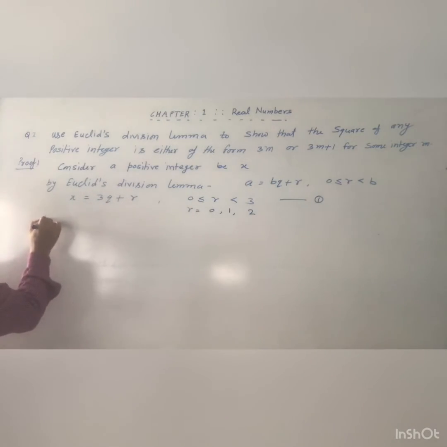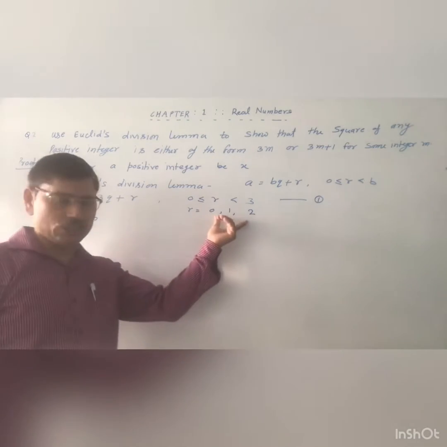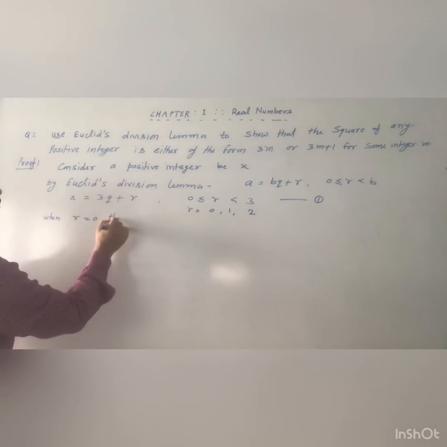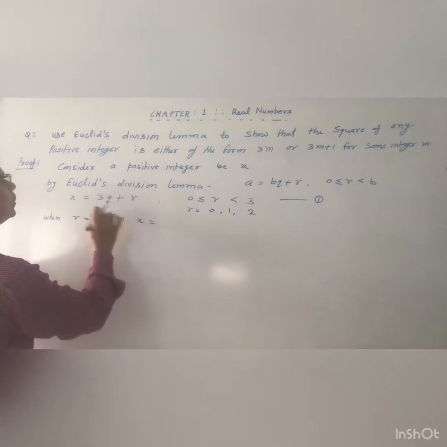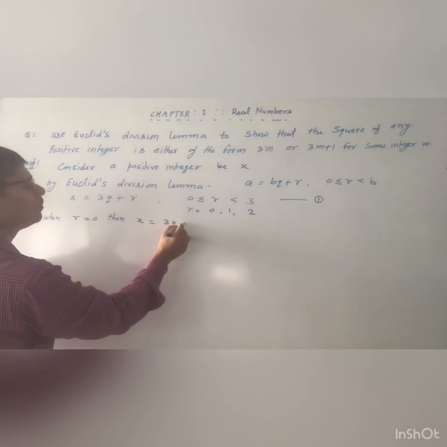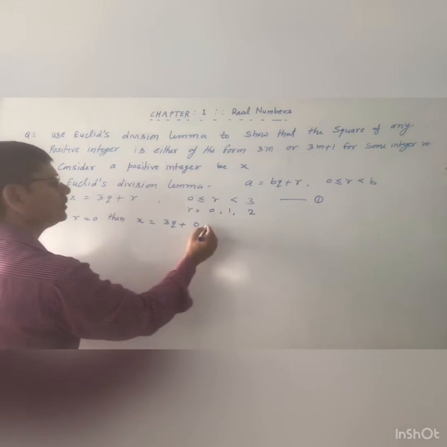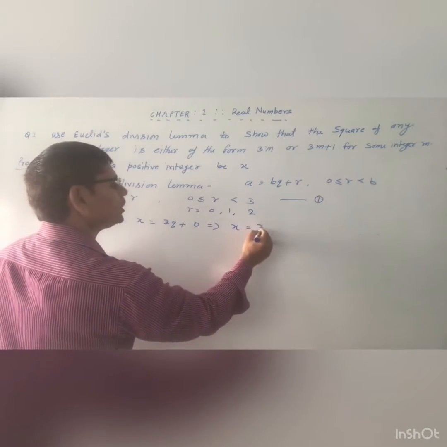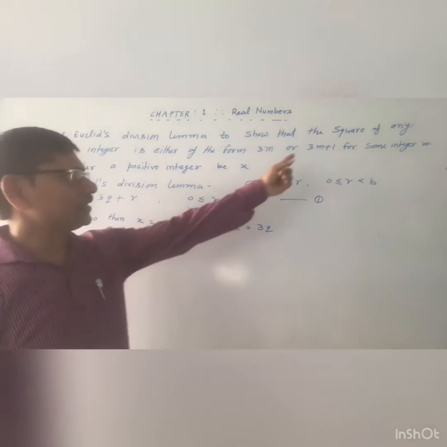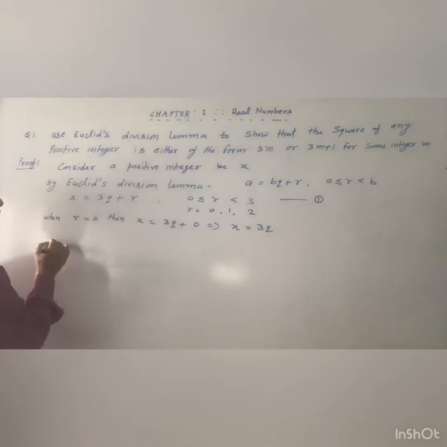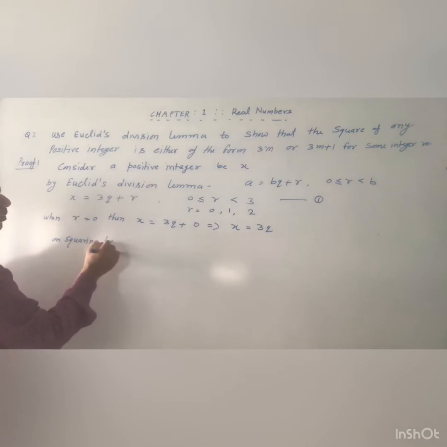Therefore you take these values of r one by one. When r equal to 0, then you will get x equal to 3q plus 0. So this gives x equal to 3q. But the question says square of any integer. So now, on squaring both sides,